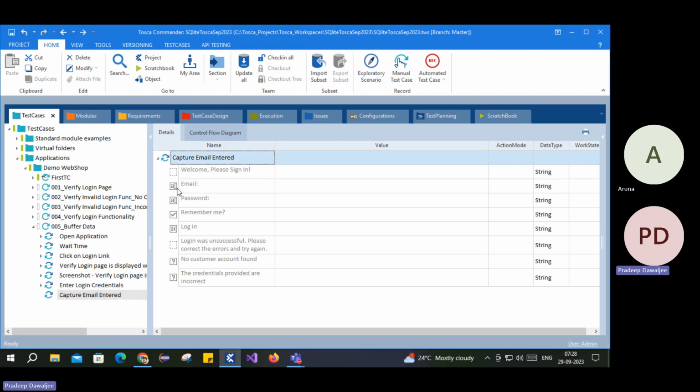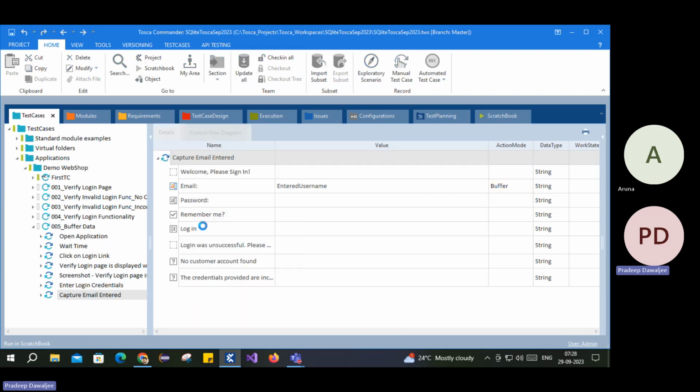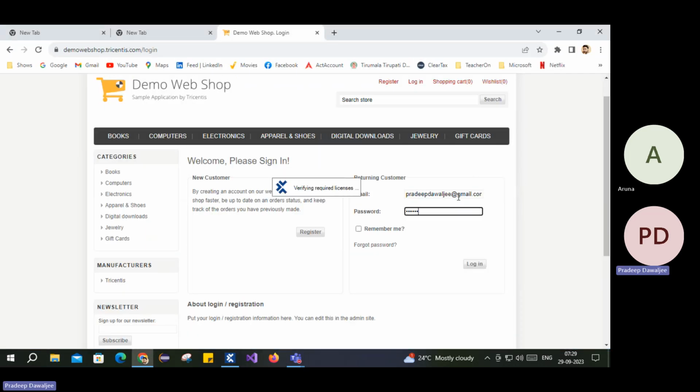So whatever email was entered, I just want to capture it. What I can do is set the action mode again, not verify, sorry, buffer. Then I can say this is any variable name. In what do you want to store this value? I want to store that in entered username as a variable. I'm just giving it a name. So in this variable, I want to store the value. Once I give this an action mode as buffer, and now if I execute, it should capture this value